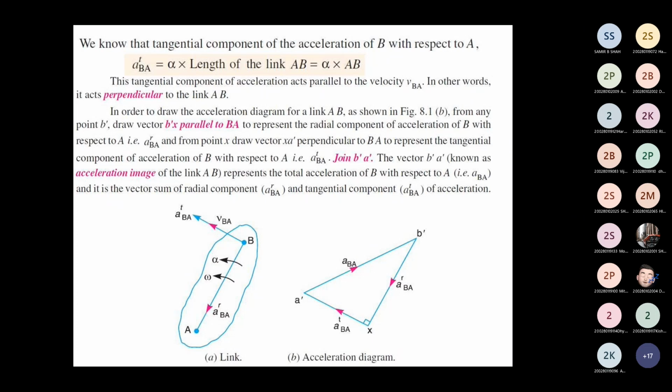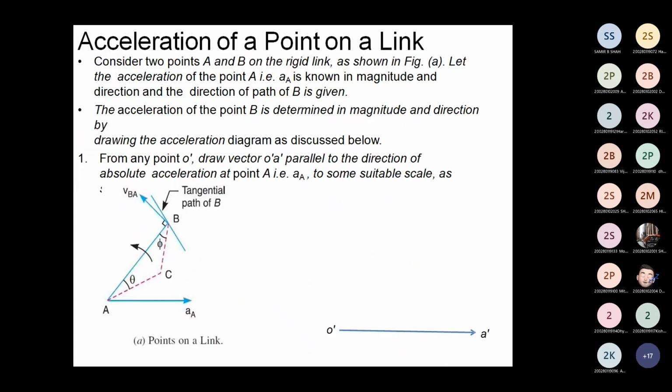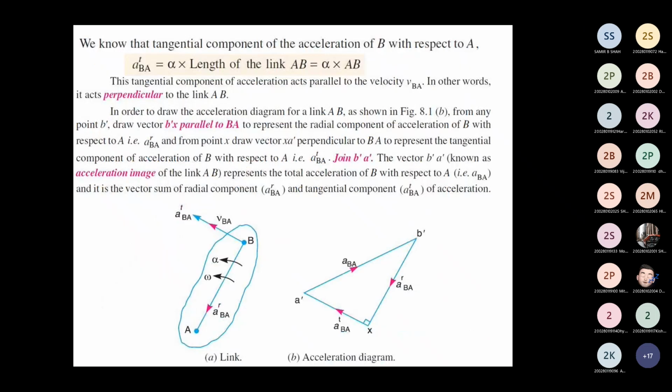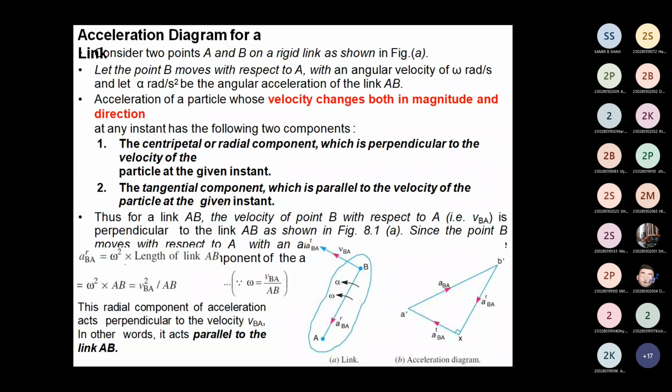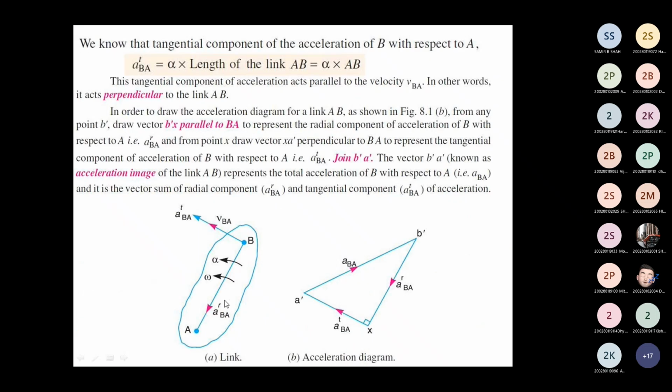So at that time, we are focused on the radial component, which is parallel to the space diagram. So this is the AB link. Based on that, we first find the parallel part. We just scroll it and we get the parallel link.